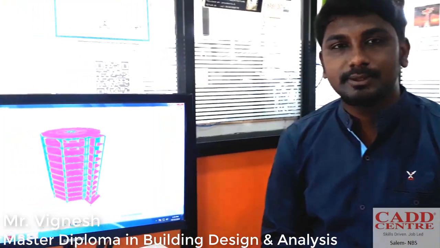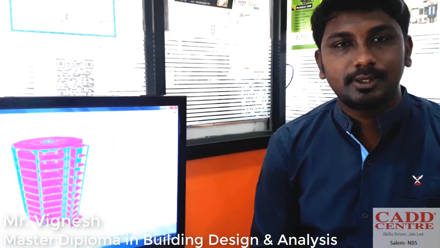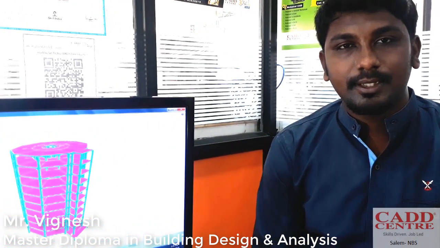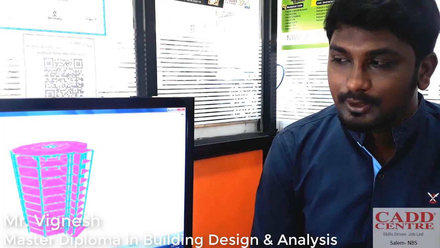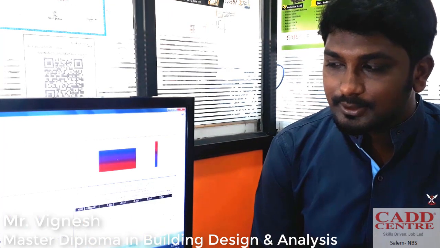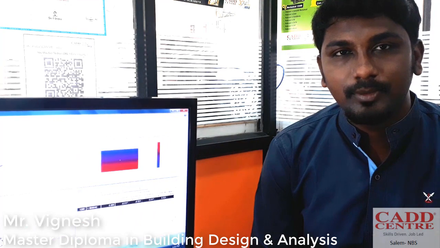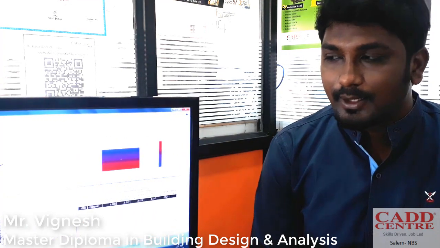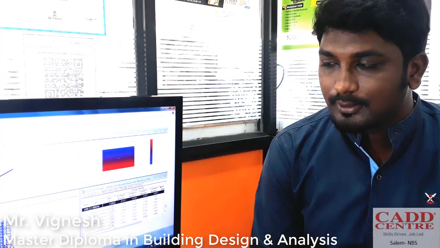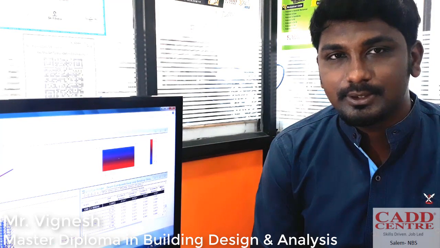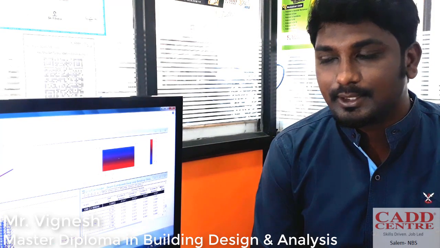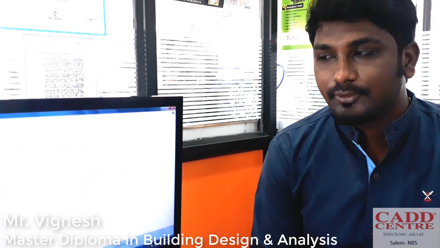After finishing the structural analysis, I took the report based on the structure of this project. The detailing and structure details are given, where we give shear, bending moment, the stress, the type of steels used, the size of steel, the grade of concrete, number of steels, AST, that is area of steel,